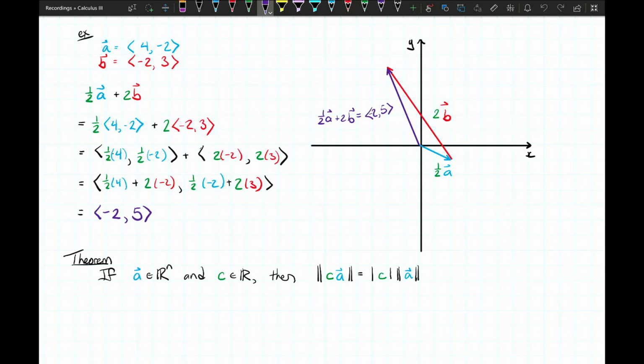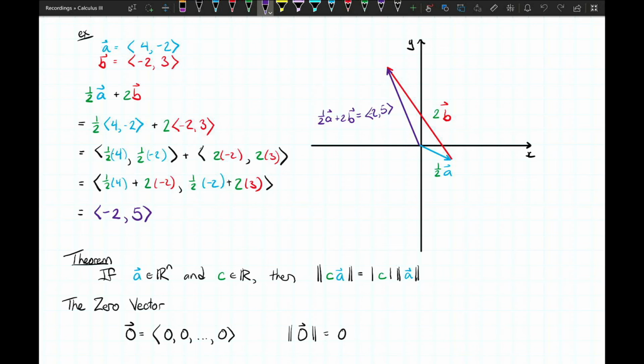If the length of a vector happens to be equal to 0, well, then we call that the 0 vector. And there is only one 0 vector. The 0 vector is kind of unique in the fact that it doesn't have a direction. We would say that the 0 vector is simply the vector where every component is equal to 0. And it's denoted as 0 with a vector symbol over the top. Or of course, it could just be a very bold 0 in the case where you use boldface type for